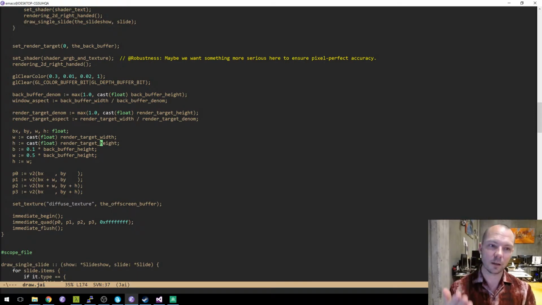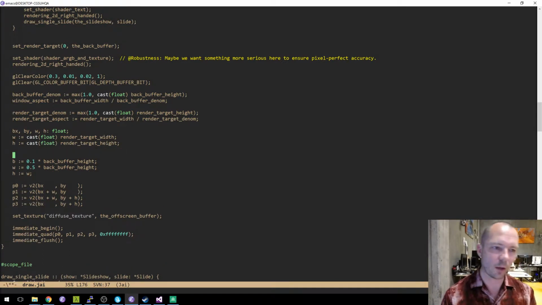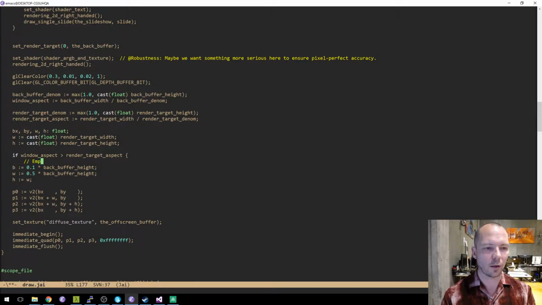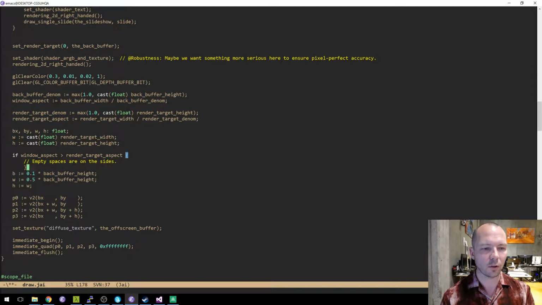And then when we actually resize it, we're going to have to decide what the policy is, because there's many reasons why you might want to draw into off-screen targets at various sizes. Okay, so if window aspect is greater than render target aspect, then empty spaces are on the sides.